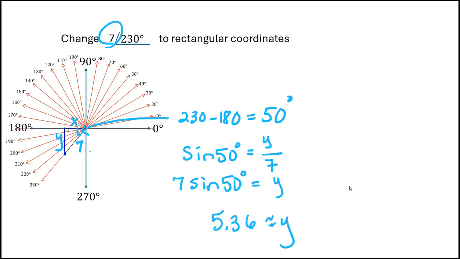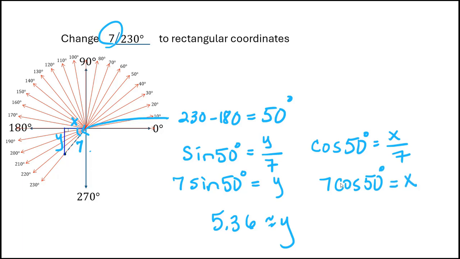Now we want to find our x. So we can use cosine to find x because our angle right here, the adjacent side is x. So cosine 50 is going to equal x over 7. Multiply both sides by 7, and you get cosine 50 times 7 is equal to x. If we punch that into the calculator,